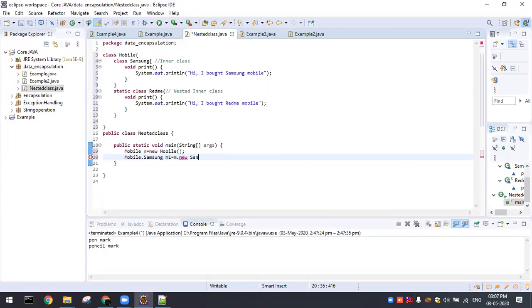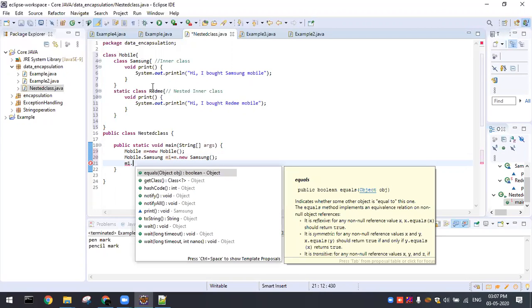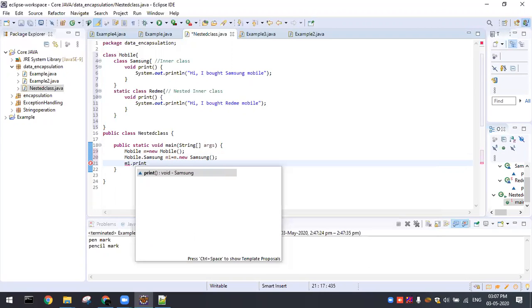What is my inner class? Samsung. This is how I am calling it. After calling this, if I want to execute a method inside it, I can directly use the inner class object, m1 dot printf. Got it? Now this comes under Samsung.